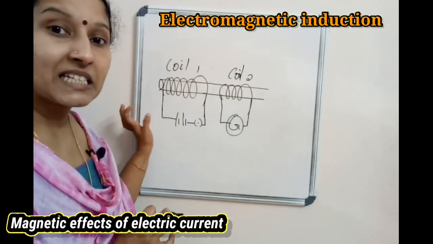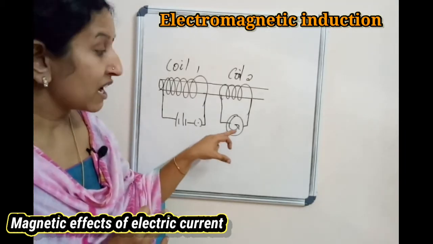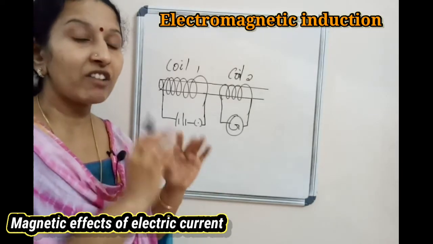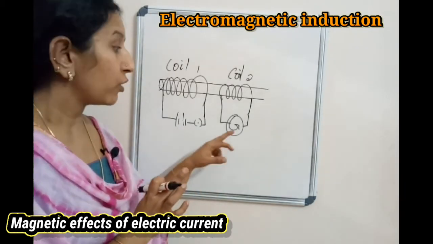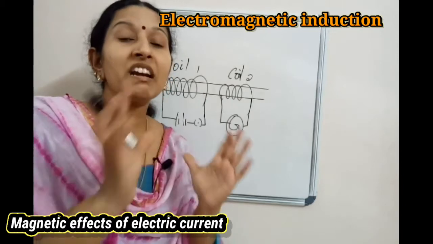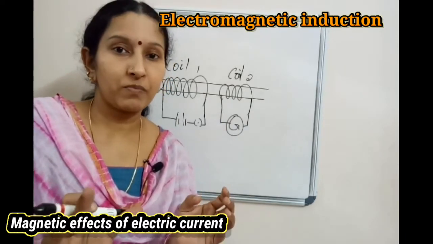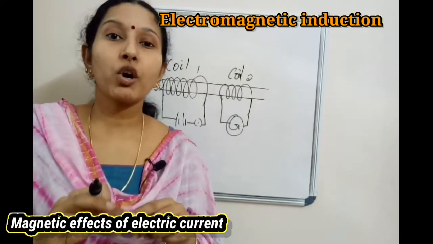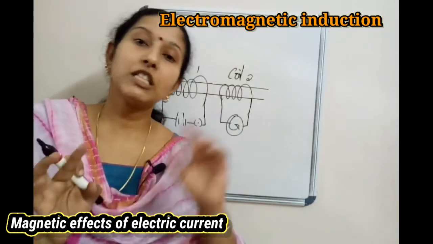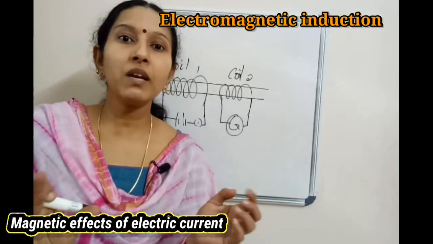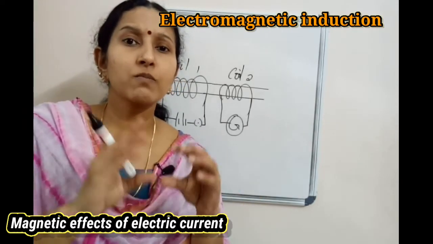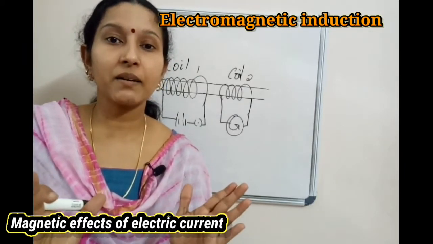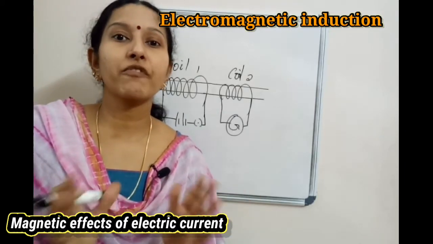That change in current we can understand from the galvanometer's sudden deflection. When we change the current of the primary coil, you can see the momentary deflection. Momentary deflection means what? Sudden deflection. The needle jumps to one side when we switch on, and when we switch off, it jumps to the opposite side. That jumping means the generation of current for a short, small instant. That jumping proves the presence of current.